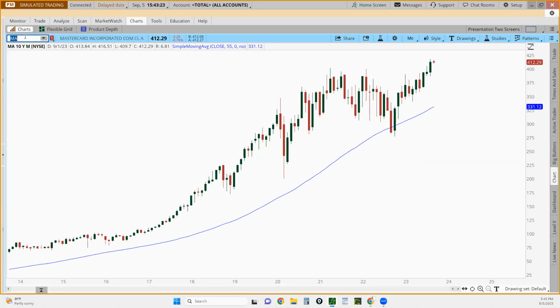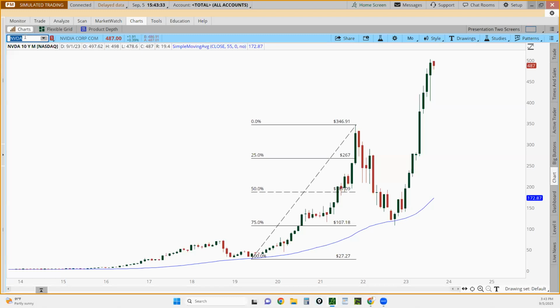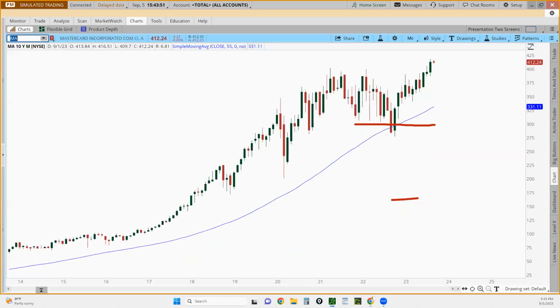Here is MasterCard, right? Now you will notice that the profit potential on MasterCard is not as great as the profit potential that existed on NVIDIA. But at the end of the day, you would have had to choose, hey, if you saw NVIDIA over here with the potential to make this much, would you be interested in that? Or if you saw MasterCard to get in here and the potential to make that much, you can make this much on NVIDIA, or you can make this much on